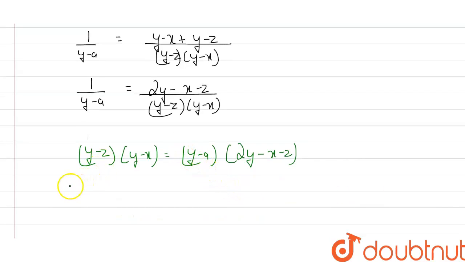Now I can write this part as, if I open the bracket, this will become y square minus yz minus xy plus xz, and this is equal to